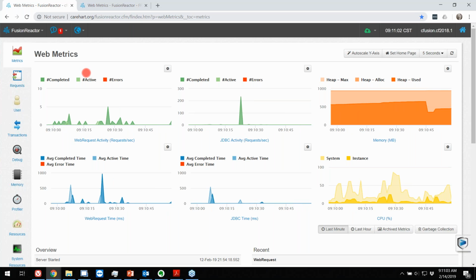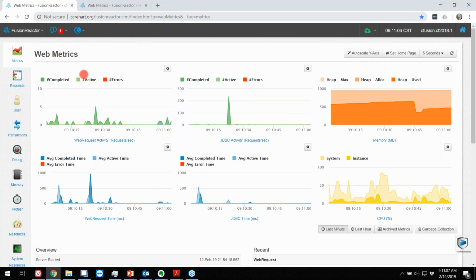All right. So as I look at this, I don't currently have any slow requests really to look at, but that's the beauty of FusionReactor's history thing. If I look at requests,